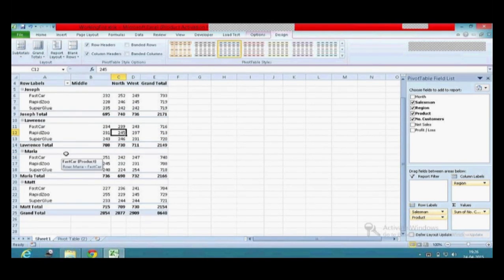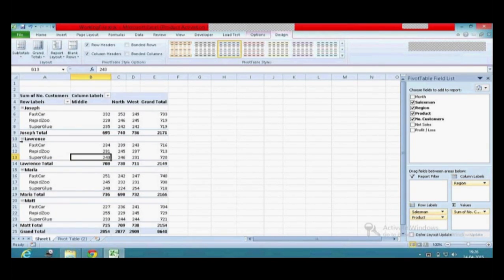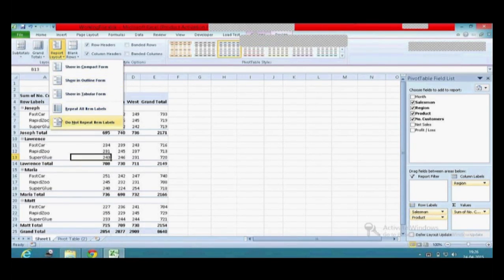Are we good here? Yes. Okay. So these are the report layouts. You can see that if you want only the outline, you can show only the outline. If you want all the labels, you can show them. And then these are about the blank rows.